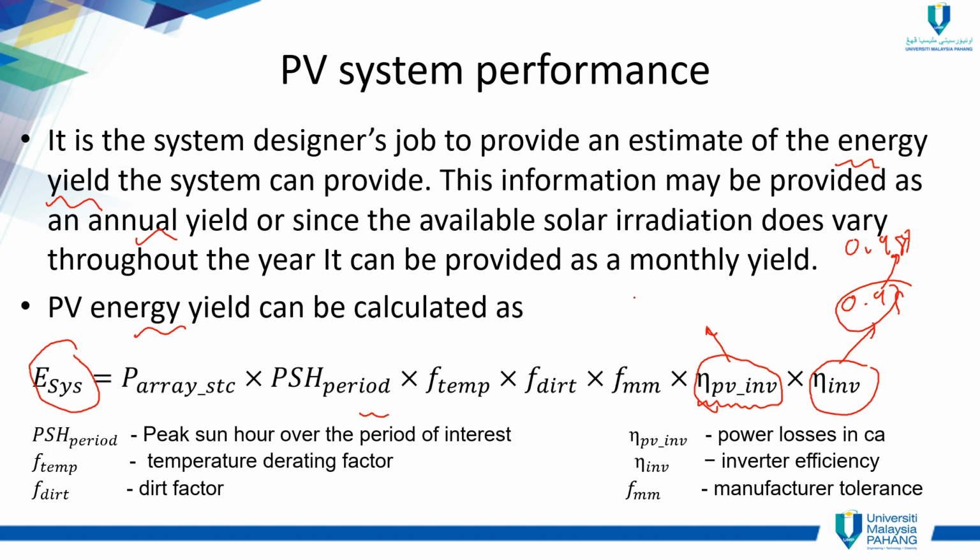For example, that one we get 1.8%. So that means 1 minus 1.8%, maybe we get 0.982. Before this, maybe we considered 3%. After we calculate the cable size, we get the exact voltage drop percentage. Then when asked for the energy yield, we put the real value of this. Then we get the correct